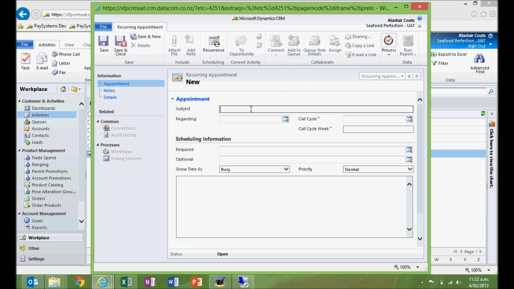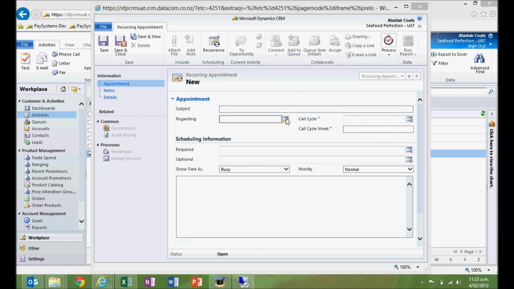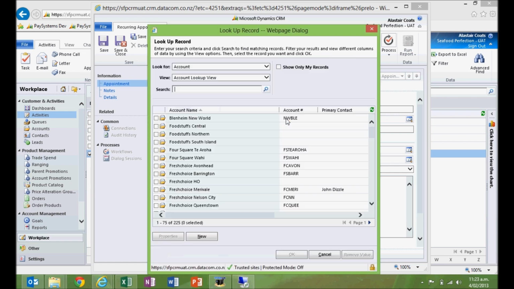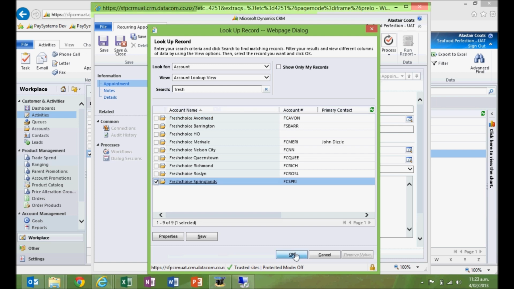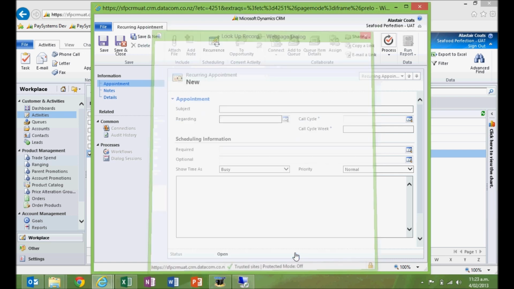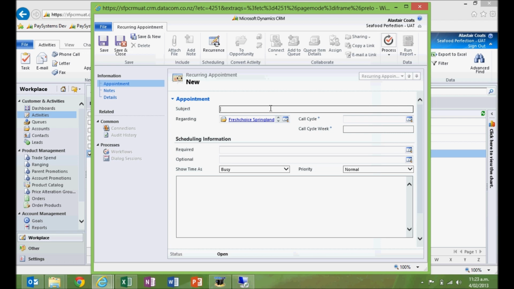Give it some sort of type, choose the customer you want to visit. And now I'm just doing this based on the Fresh Choice customers. So I'm just going to limit this to Fresh and visit one that I haven't done, say Springlands. You will obviously have your own customers and you'll know exactly who you're going to visit at different times. Give it some sort of title so it's easy to understand. I'm going to say Fresh Choice Springlands, and I'm going to visit on Friday,